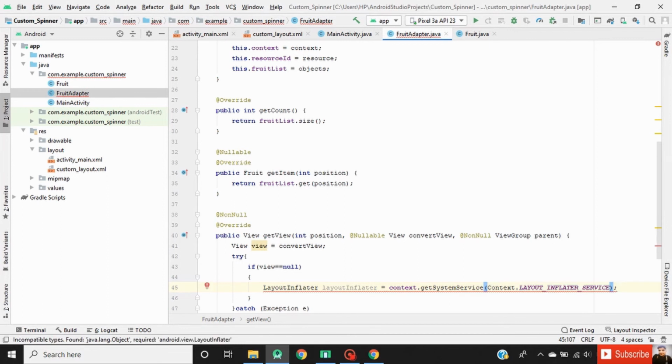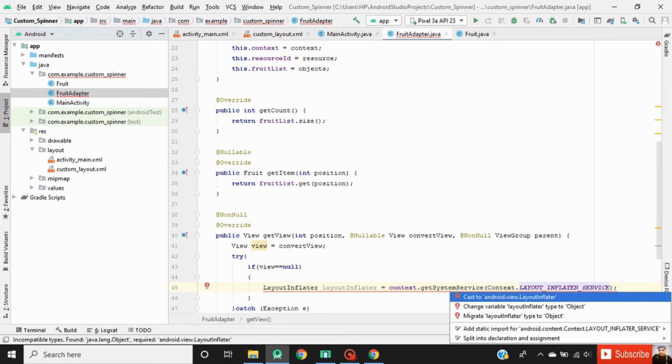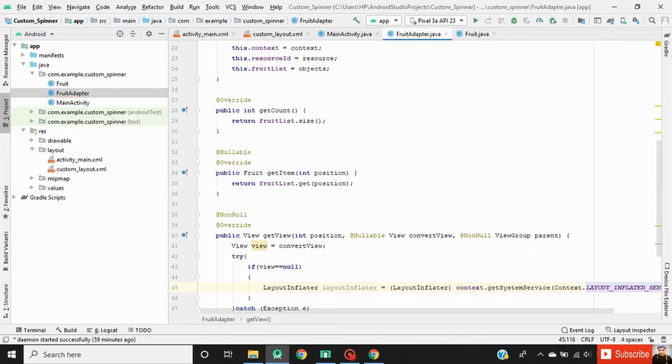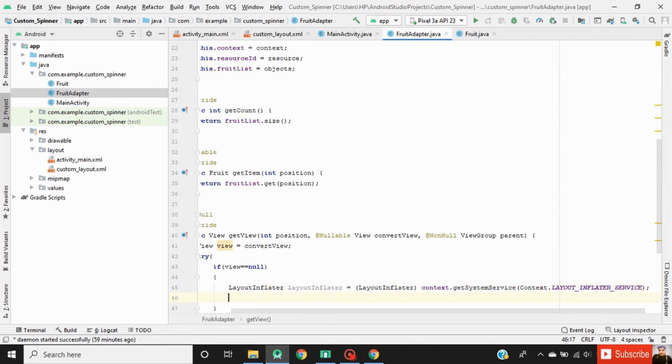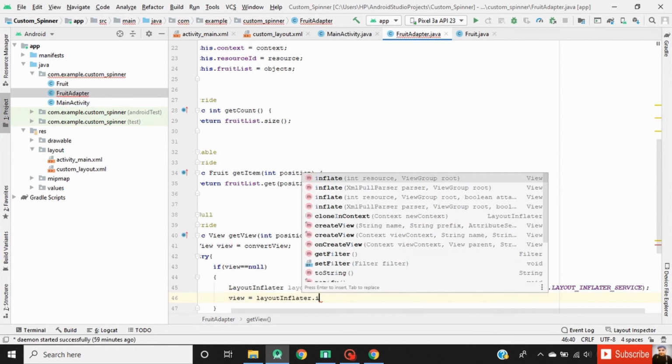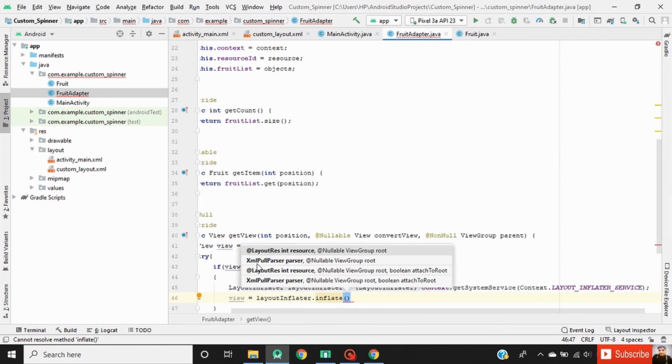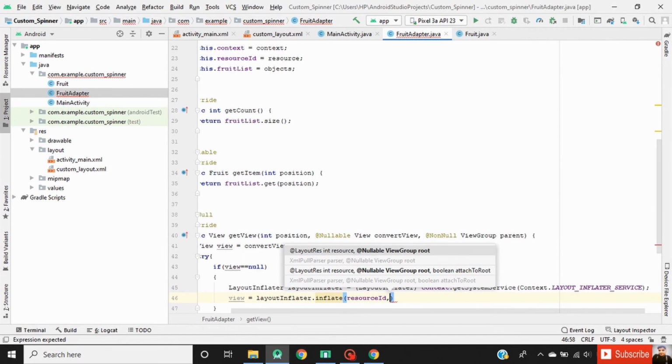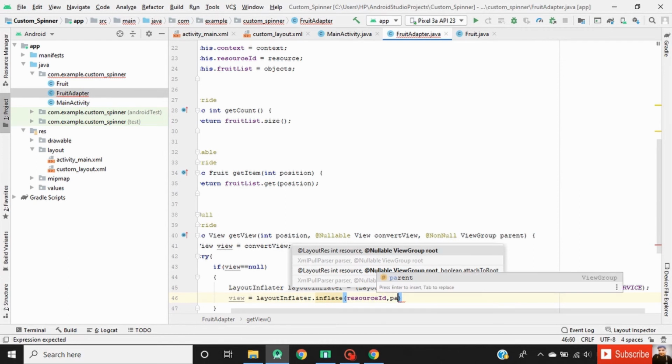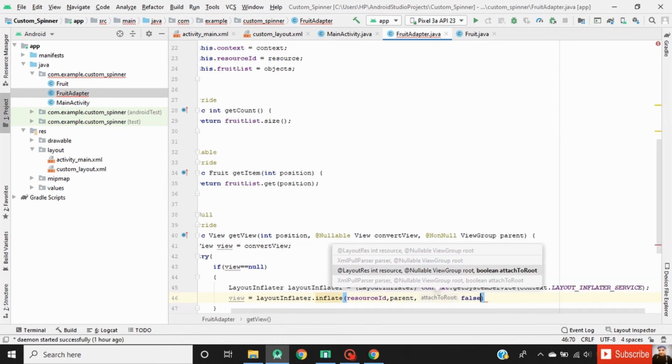Typecast it to LayoutInflater. Now inflate the layout. View equals layoutInflater.inflate. First pass the resource ID, then specify the view group parent, and last one is the boolean value false.